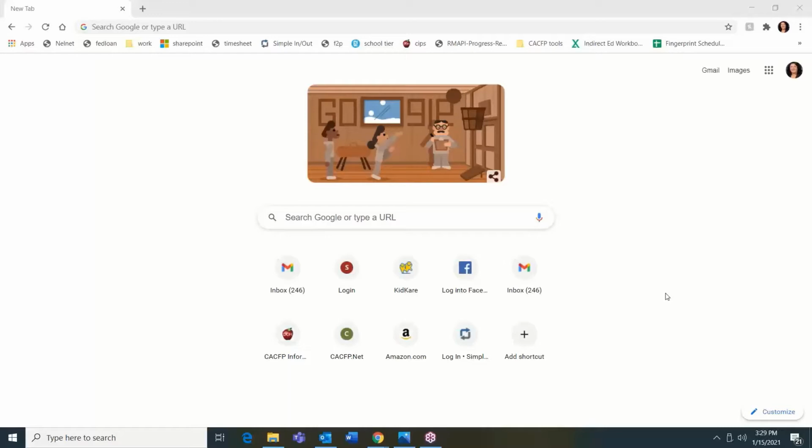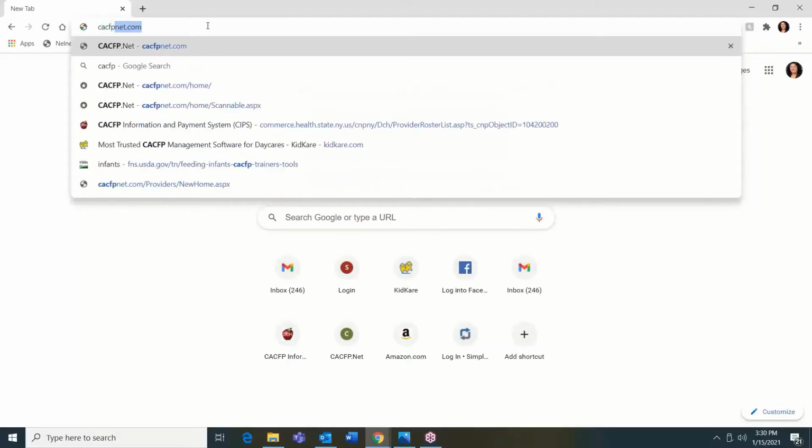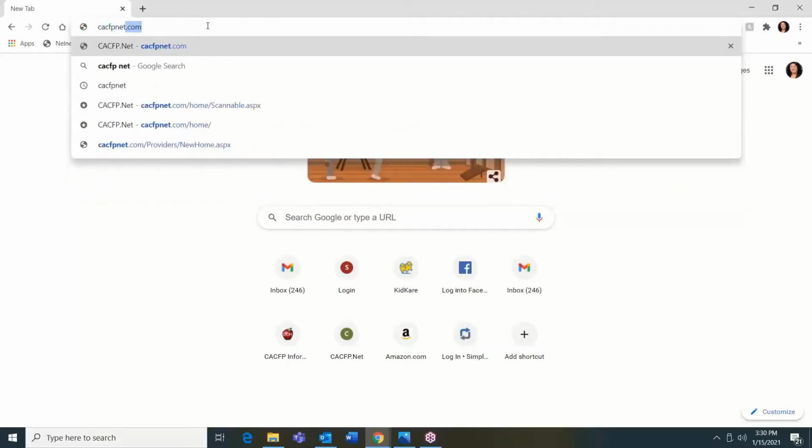Today, I am going to show you how to log in to CACFPnet.com and how to enroll children into the food program using CACFPnet. So first thing you're going to do is in the search bar, we're going to type in CACFPnet.com